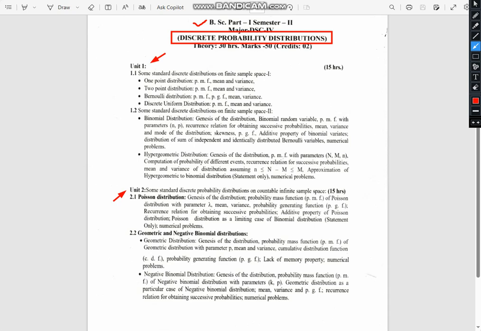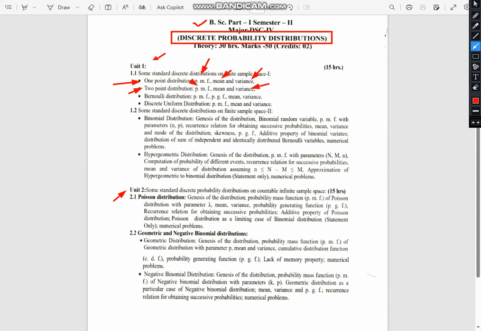few topics. One topic is some standard discrete distributions on finite sample space, in which we need to discuss some distributions. The first distribution is the one-point distribution, and the related PMF, mean and variance. There is one more distribution called the 2-point distribution, in which we need to discuss the PMF, mean and variance